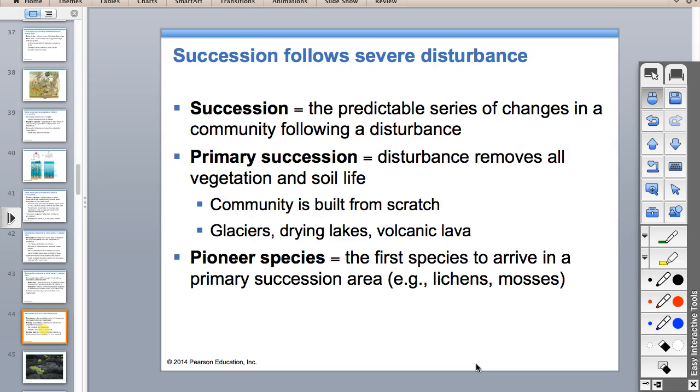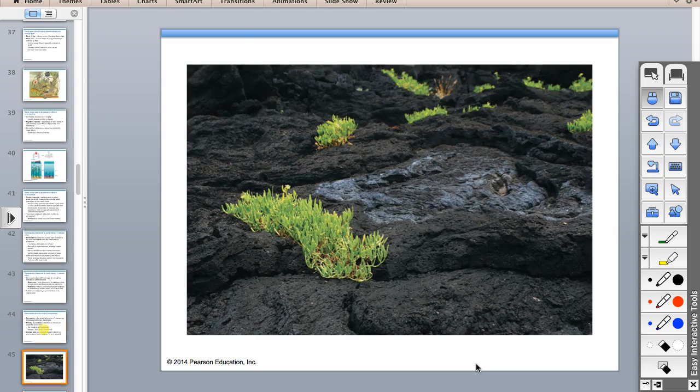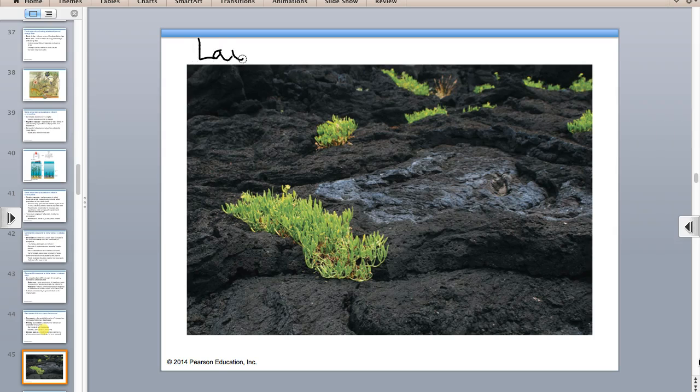Yeah. Okay, cool. So succession. Primary succession and secondary succession, those are two things that you should be familiar with. Let me show you a picture. So what we have here is a lava flow. I'm going to go back to those words, so don't freak out. When you have a lava flow, so lava, when you have something like, what else could cause primary succession? Oh, glacier.